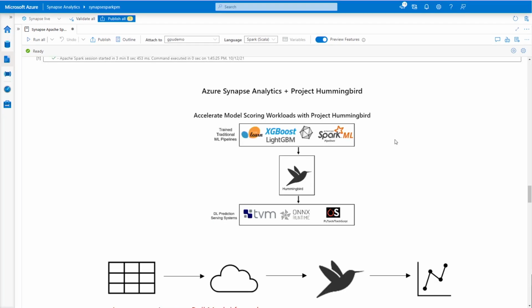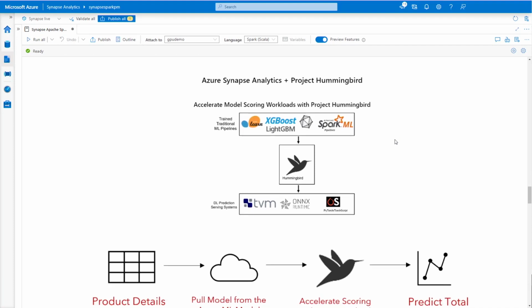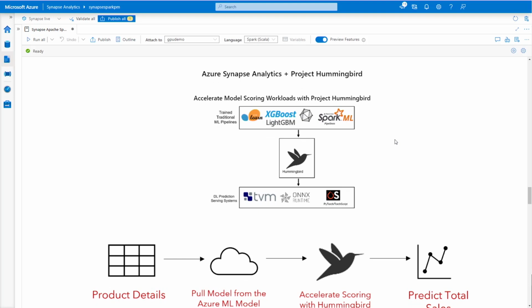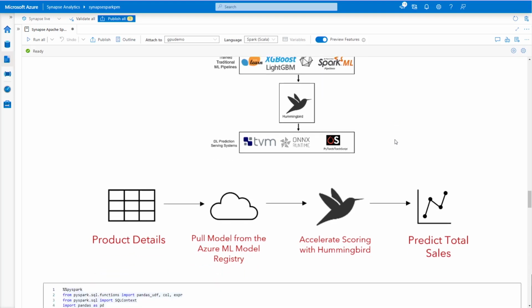Next, let's take a look at how GPUs can also be used to accelerate model scoring scenarios. With Hummingbird, users can leverage neural network frameworks such as PyTorch and GPUs to accelerate traditional tree-based machine learning models. Here, we'll take a look at how a data scientist can pull a model directly from the Azure Machine Learning Model Registry and then accelerate their scoring using Synapse Apache Spark and Project Hummingbird to then predict the total sales